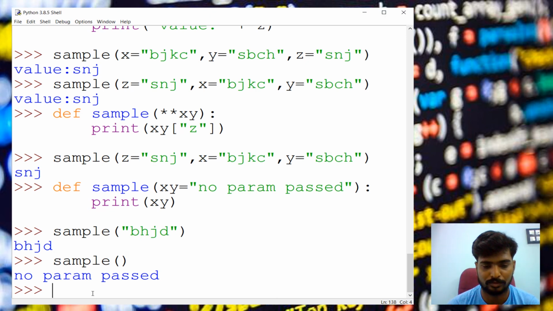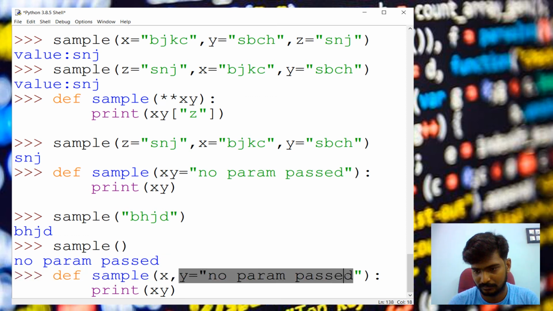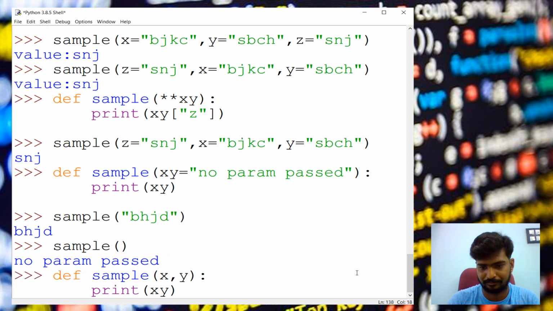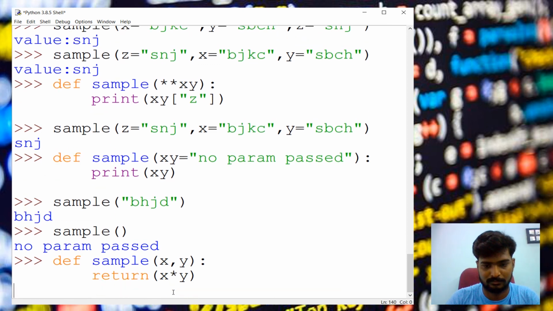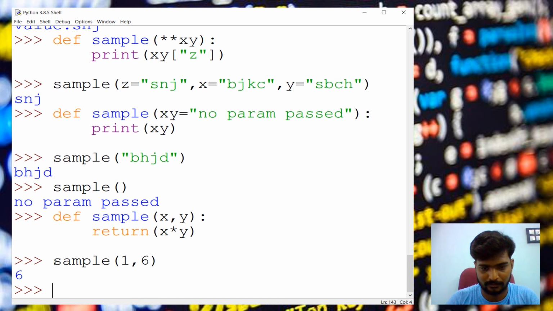Now we can see how to pass and return values from a function. We don't need this. We are going to multiply, and we are not going to print, we are going to return. So we can call this sample with some value like 1 comma 6, so the value will be 6.